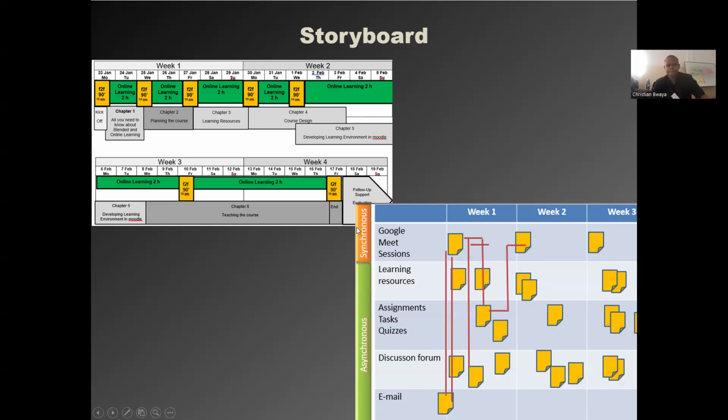And then this online session is the part of the synchronous teaching, whereas all this is the part of the asynchronous, the online teaching. And then I try to arrange all these different elements in a way that they are all interconnected.